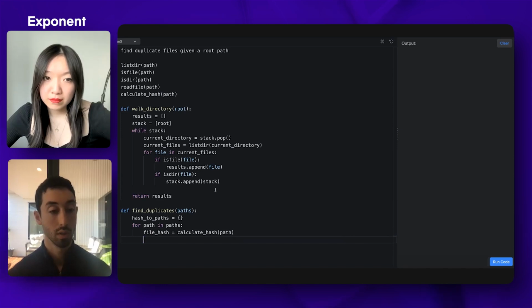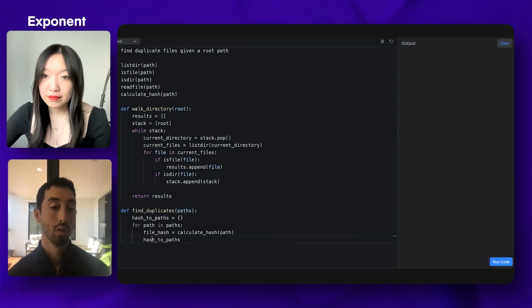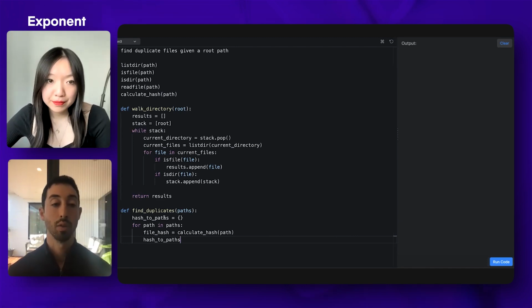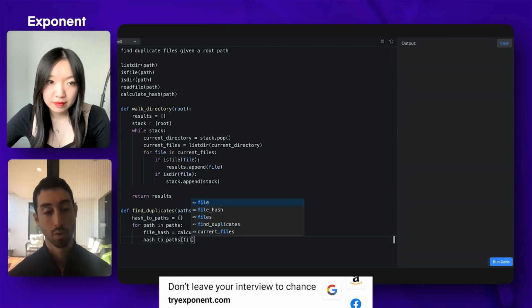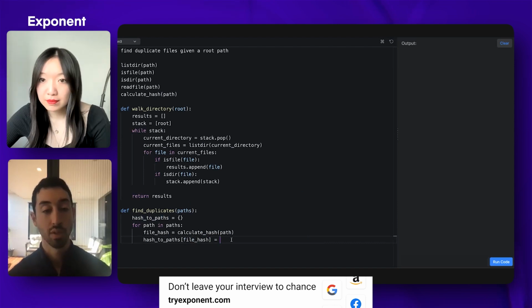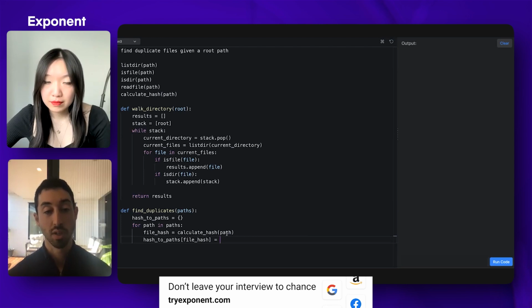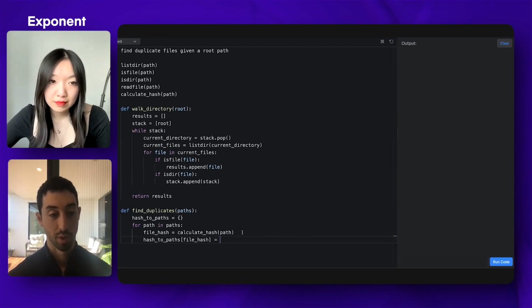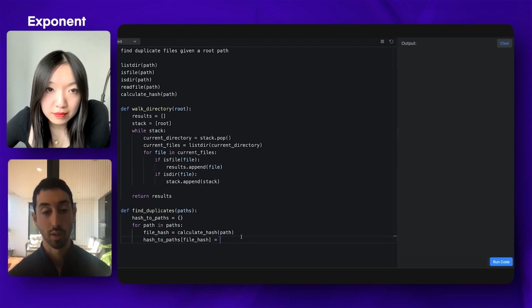And then I want the value of the dictionary to be a list of paths. But if I didn't initialize it already, then I need an empty list plus the new value.